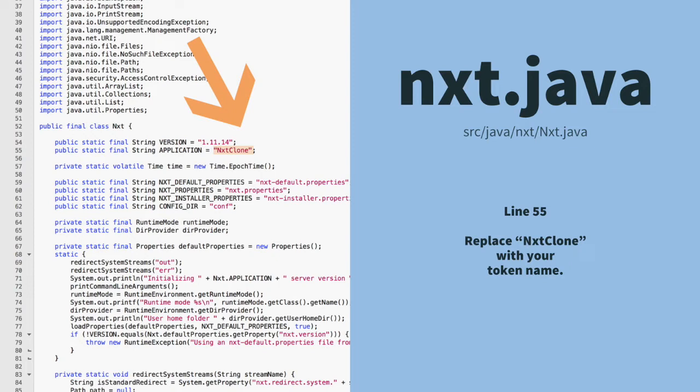So check that out. There on line 55 is a reference to our application. And it says next clone. Makes good sense that we should replace that with our token name. So I did. I replaced it with free speech, which, if you haven't guessed, is going to be the name of my project. And I saved the file, opened up my client wallet, logged in, and expected to see my changes and